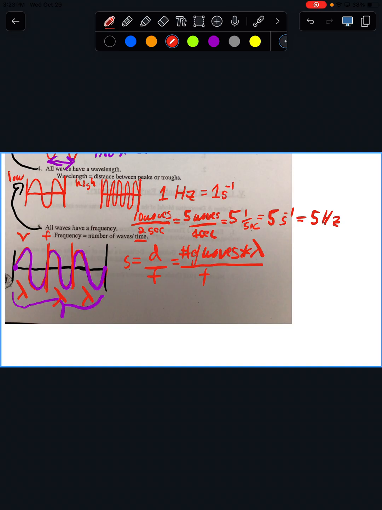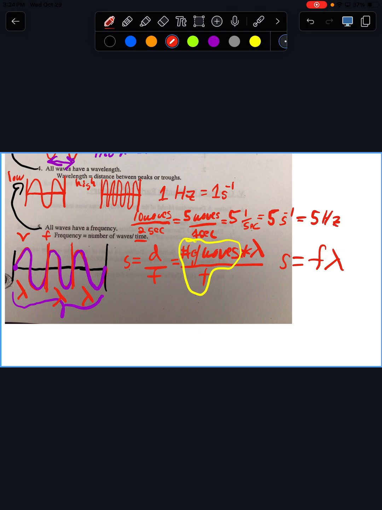What's that little stick thing again? Wavelength. Now in this equation here, and I wrote it this way for a reason. What's another name for the number of waves divided by time? S equals D divided by T. Yeah, but the waves divided by the time is the frequency. So we're going to substitute in. So the speed of my wave is now equal to the frequency times the wavelength.